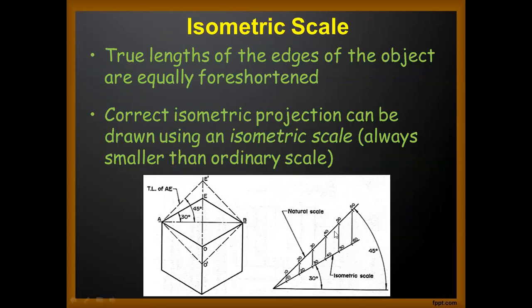Now, for drawing isometric projections, we need to draw an isometric scale. If we draw this normal scale on our horizontal line, by taking the normal scale, I mean if we take 10 mm, so these are the distances of 10 mm, 20 mm, 30 mm, 40 mm, 50 mm. So we can plot it over here and then rotate it on this line which is at a 45-degree angle. After that we need to draw a line which is at 30 degrees. Take the projections of all those points vertically on this line.